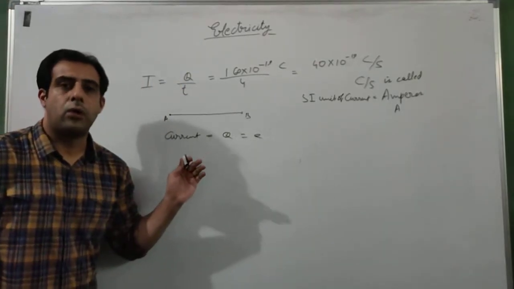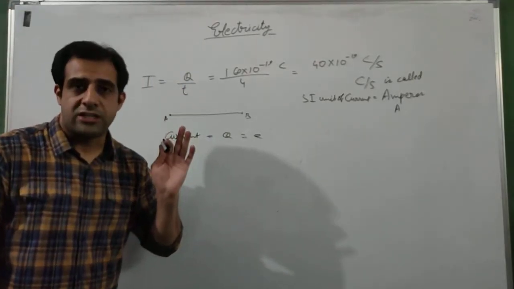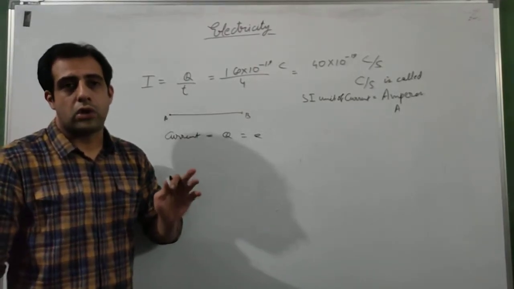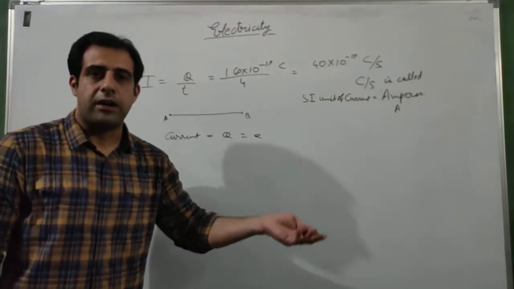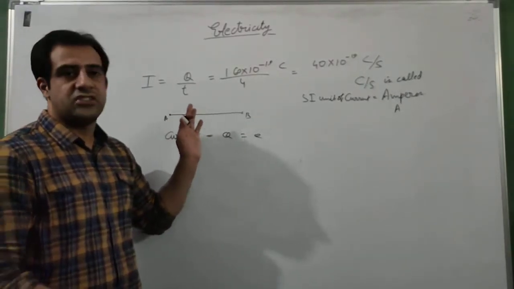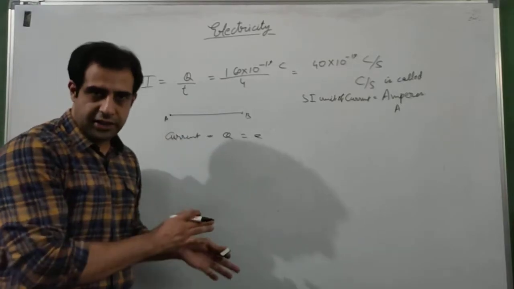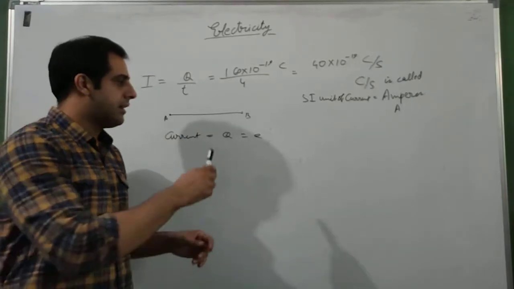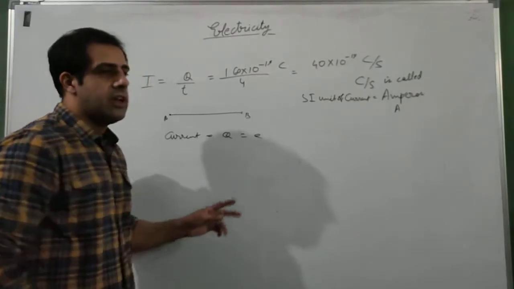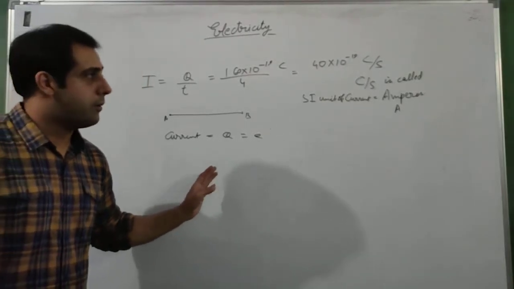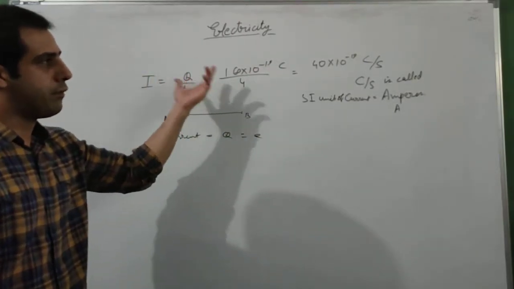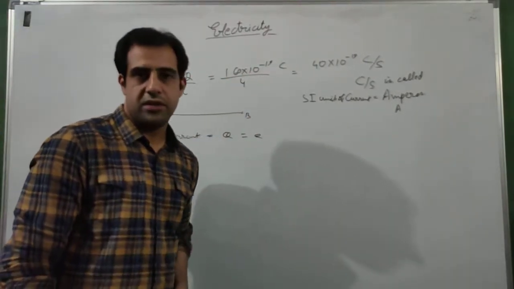If we are talking about simple flow of charged particles, then that can be protons also, they can be electrons also, and there are several other charged particles as well. Okay, they will come in higher classes. So as far as this chapter, this electricity topic is concerned, the only charged particle that we are concerned about is the electron, and each electron has a charge of 1.6 into 10 to the power minus 19 coulomb, and using this value we can find out the current, charge, time, whatever is asked in the question.